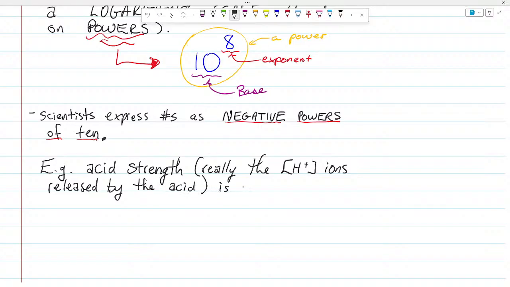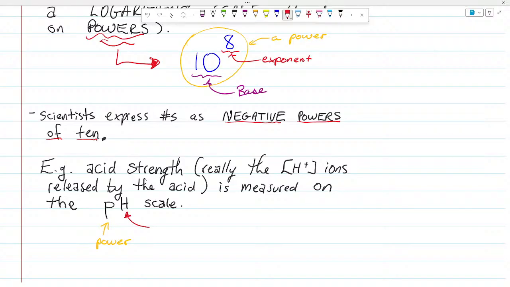Is measured on what scale? Yeah, it's a logarithmic scale, and it's called the pH scale. And the pH scale is so called because the P stands for power, and the H in this case stands for